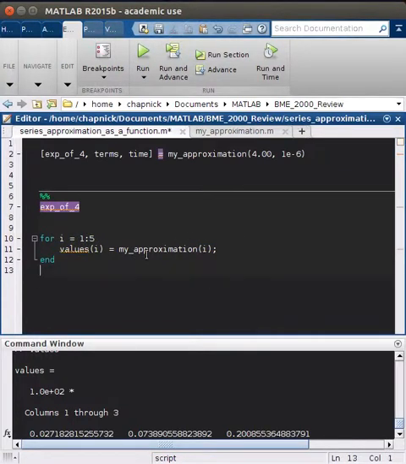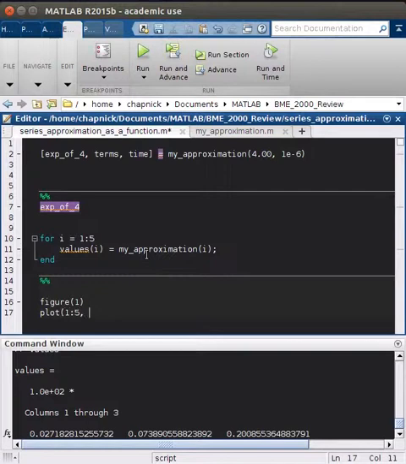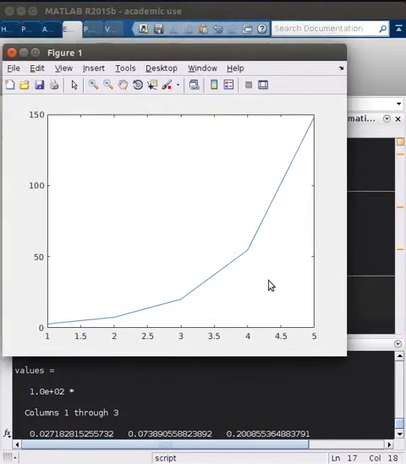You can even do different plotting examples. So you could say figure 1, plot 1 to 5, and then values, and you should get a line once this comes up. I haven't plotted anything yet, so it usually takes some time. But here we go, as you can see. As we get to a larger integer, we need to add more terms to the series to get an accurate approximation. But that's